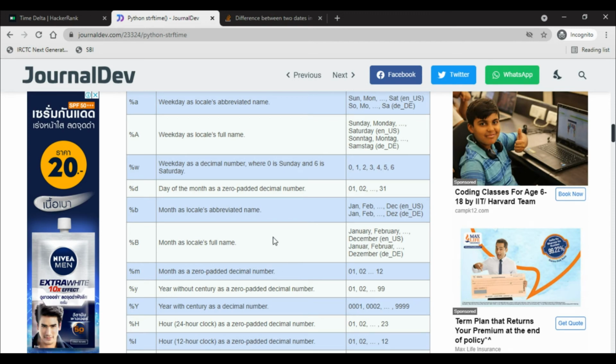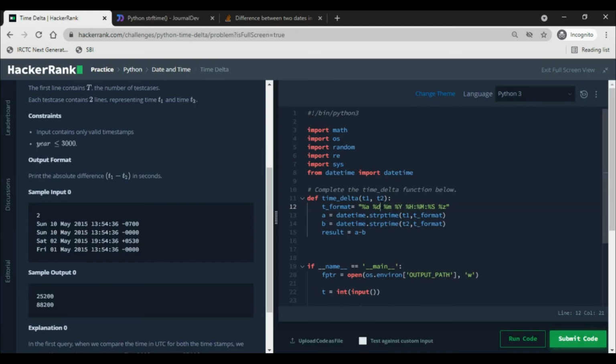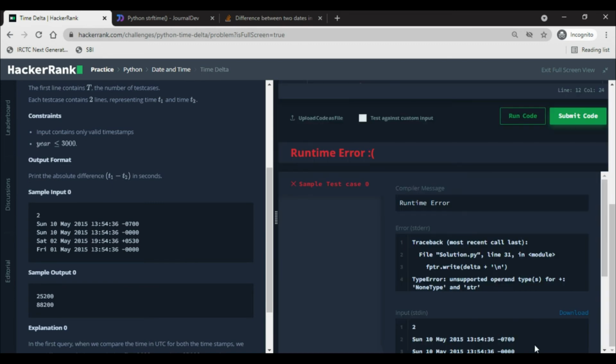Oh, month is in name form. Okay, small m will give number form. So we want month as local name, small b will be required. So Jan Feb type we want, so small b here. Okay. Oh, so now it is working.